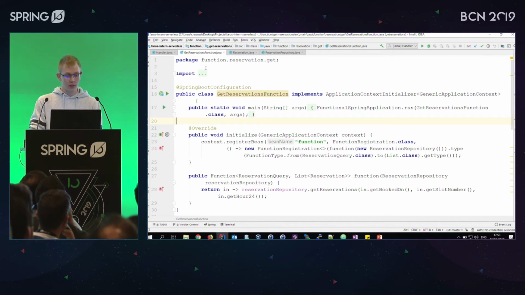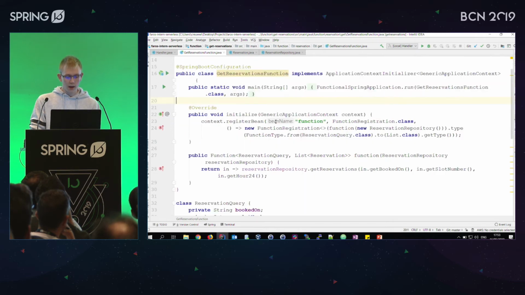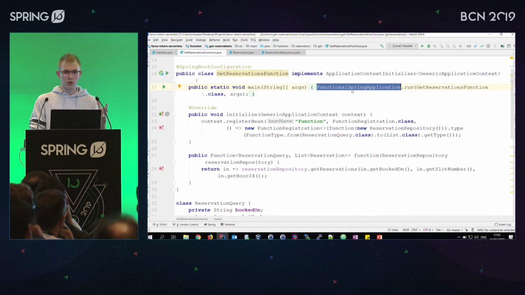Initially, we've got a basic Spring class. This looks very basic, but there are actually two options here. We could run this as a Spring Boot application, but you see we have configuration, which means it won't actually be able to run as a Spring application at this moment. Usually you see your Spring application, but this isn't just a Spring application, it's a functional Spring application, which means it is tailored towards being a function and nothing else.